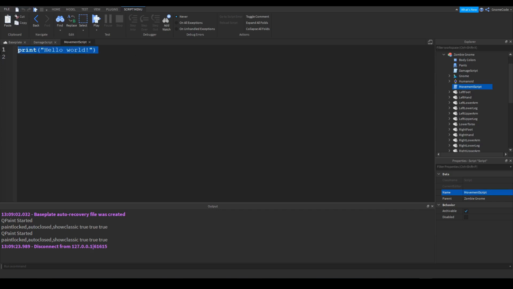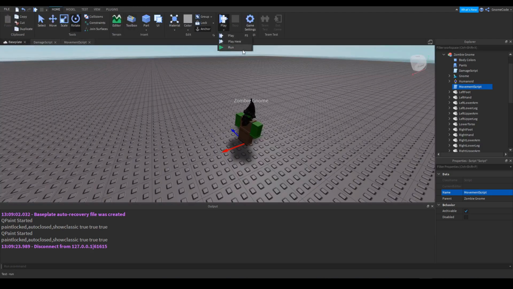And you might be thinking we could change the position. We could say script.parent.humanoid root part dot position equals, and then we could give it a vector 3 value, I don't know, 1 1 1 or something like that. And we could run that,